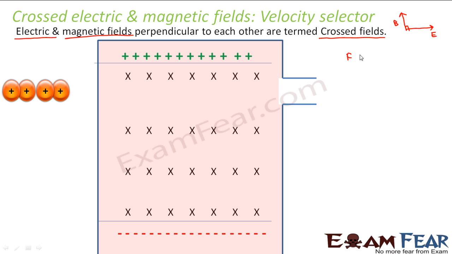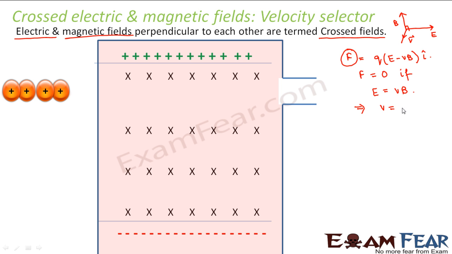Now, what did we observe in our last slide? We observed that the force acting on the charged particle, which is moving with some velocity v in a direction perpendicular to both the crossed fields, is Q into (E minus VB) i cap, right? This is the net force. Now, the force acting on the charged particle will be equal to 0 if E is equal to VB, right? If you look at this expression, the force acting on the particle will be equal to 0 if the electric field is equal to the velocity of the particle into the magnetic field.